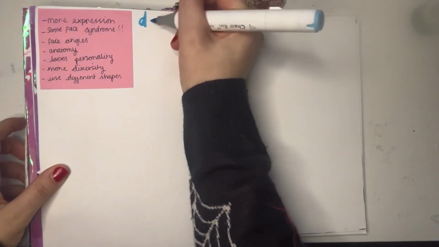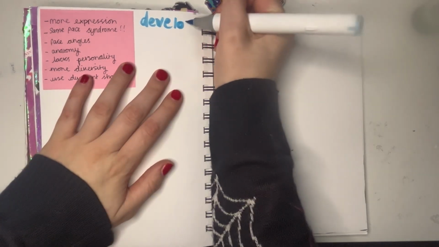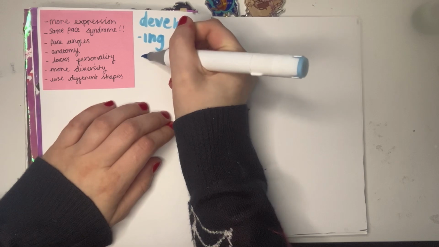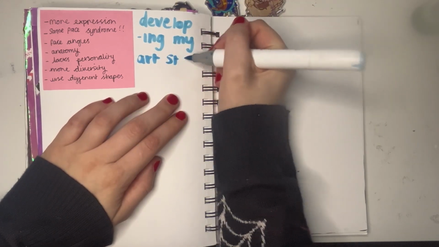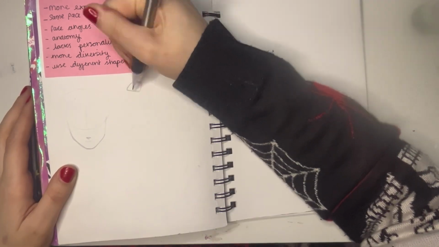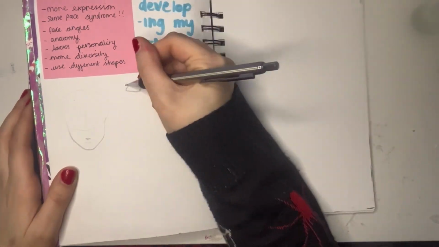I wrote a quick title to say what was going on the page, just because I like to label things a lot. And honestly, it definitely needed it, because this page ended up being quite chaotic. And this is where we get to the experimentation part of developing my style. This whole page, basically what I did, is I just worked on things like eye styles, nose styles, and just